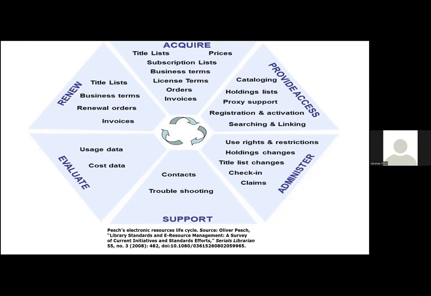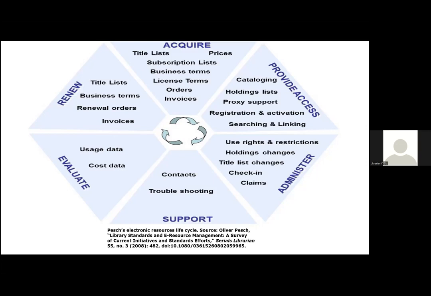The first is acquire, and he has defined certain steps there, and then providing access, administering, basically managing the collection, and then providing support in order to see that there is smooth access to the resources, evaluating the resources that we have provided access to our users, and the renewal. So he came up with these 6 steps as part of the electronic resources life cycle.